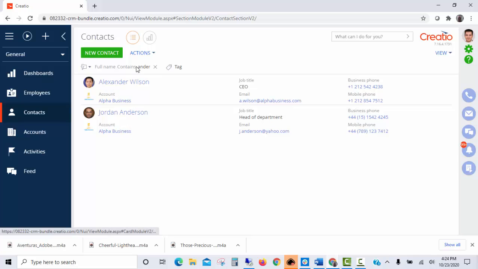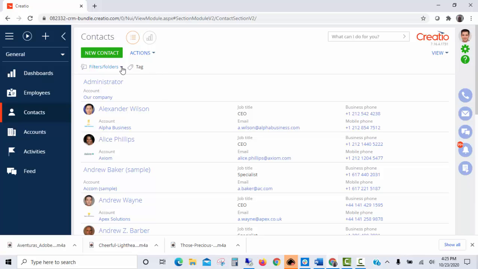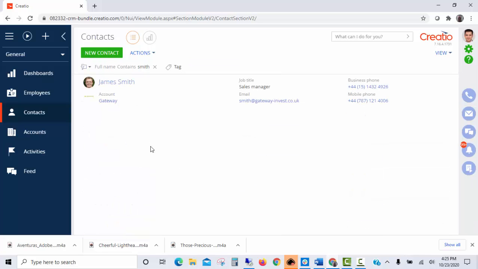So the ANDER, which we see in the top here, is in Alexander for Alexander Wilson, and it's in Anderson for Jordan Anderson. So it shows me those two records. If I want to do a different lookup, I just click the X to remove the ANDER, and then I click on the drop down arrow to add a new filter. I could type something like Smith and enter, and here it shows me my record that has Smith in the